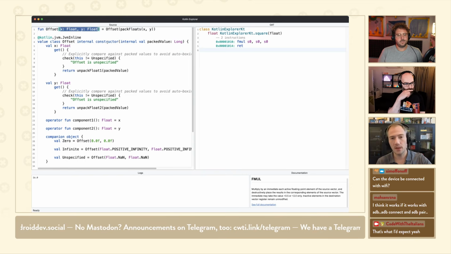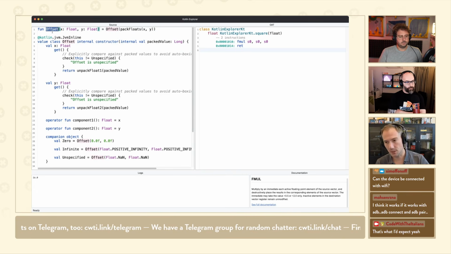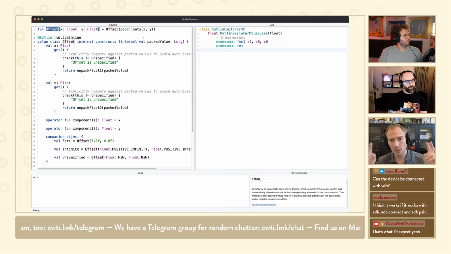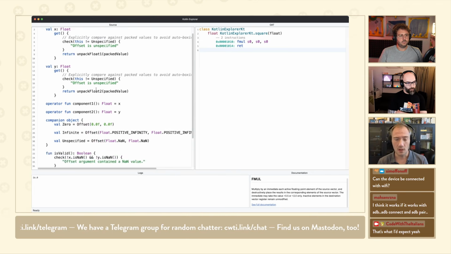And the idea behind that is we use the offset all over the place in Compose. All the layout and drawing use offset, they build offset all the time. If we were to use a normal class, we would have to instantiate that class constantly, putting pressure on the GC, paying the cost of running the constructors, and so on. So this is one of those zero-cost abstractions that exist in Kotlin. And it's actually really nice.